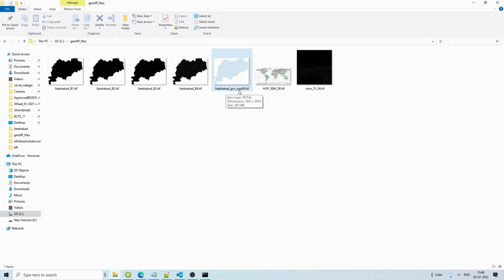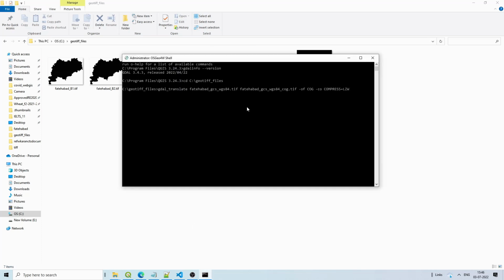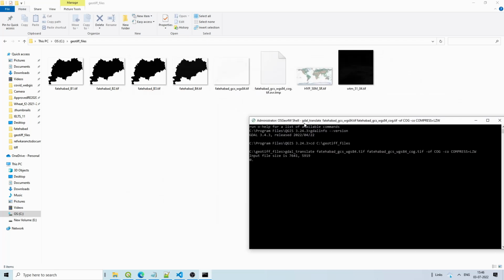So Fatehbad GCS WGS84, okay. I am just giving the name _COG for the output file, with LZW compression. You can use JPEG compression also, but I think that works for less than 8-bit images. So just press enter, and it will start converting the file to the